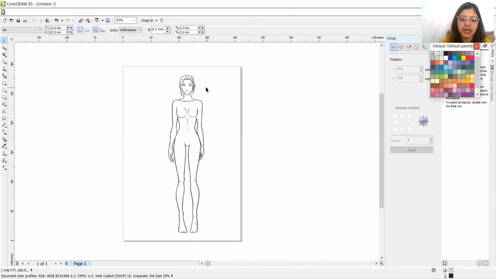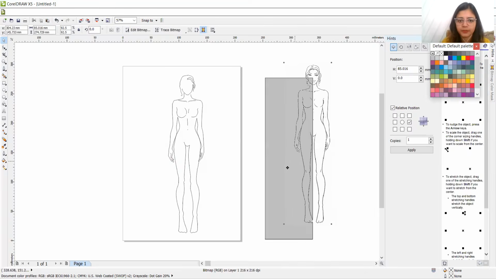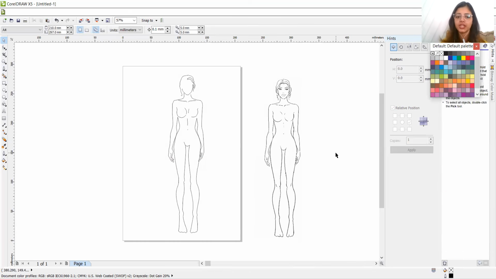So let's just select our picture and move it. Now check out each and every line of the croquis, except your face part that is not being traced. I haven't traced that. Check out the collarbone, the bust area, navel, crotch, your legs, your hands, everything is in proper figure. Why? Because we have done the shaping well. Shaping is done very nicely, and that is the important thing to make your figure look like the real one.